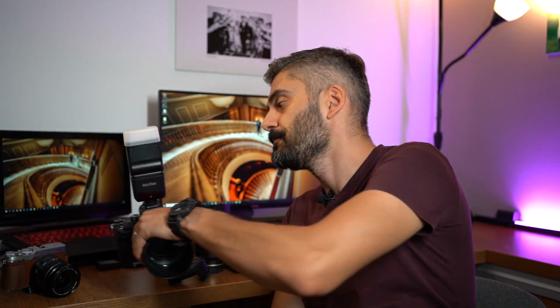But what about the lighting solutions that I adopted for the Sony lenses, the Sony cameras? As you can see over here, I'm using the Godox system. The Godox system provided me the best solution in terms of size, light weight, and actually having the best quality in terms of lighting for any projects that I have. On a wedding, I'm using the